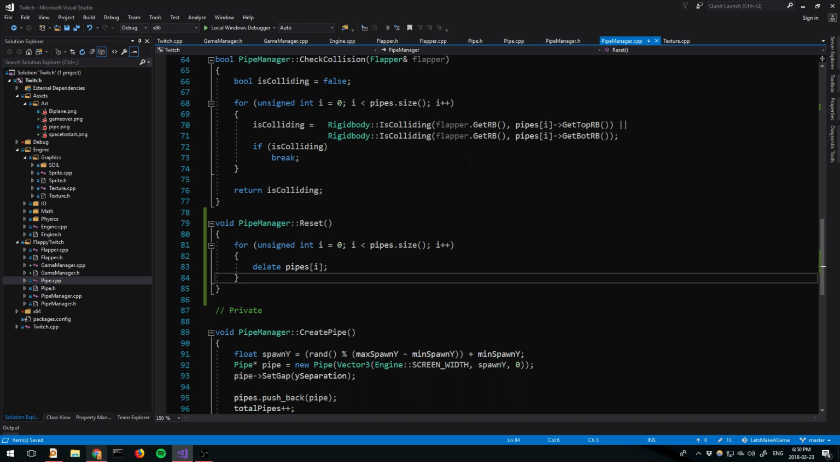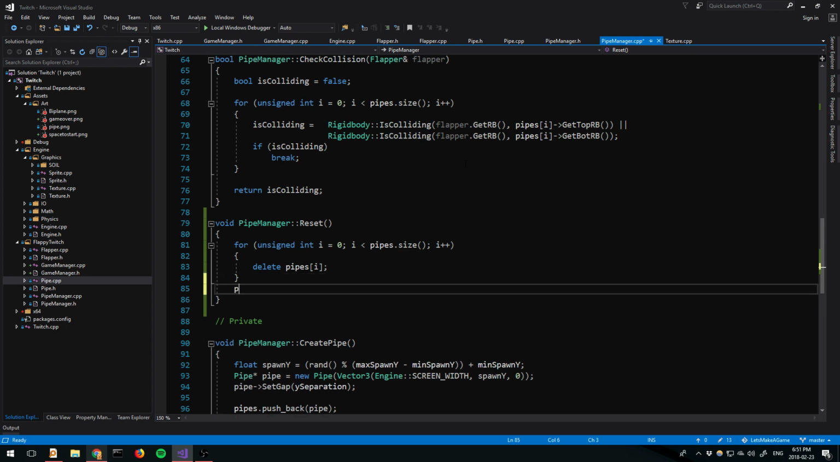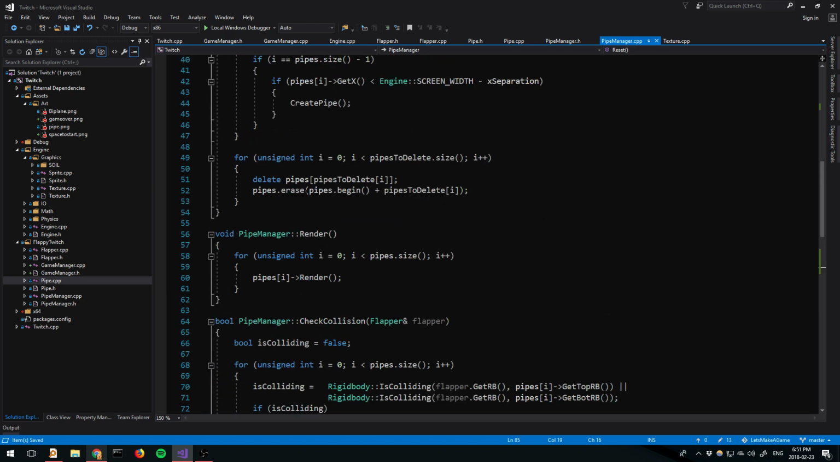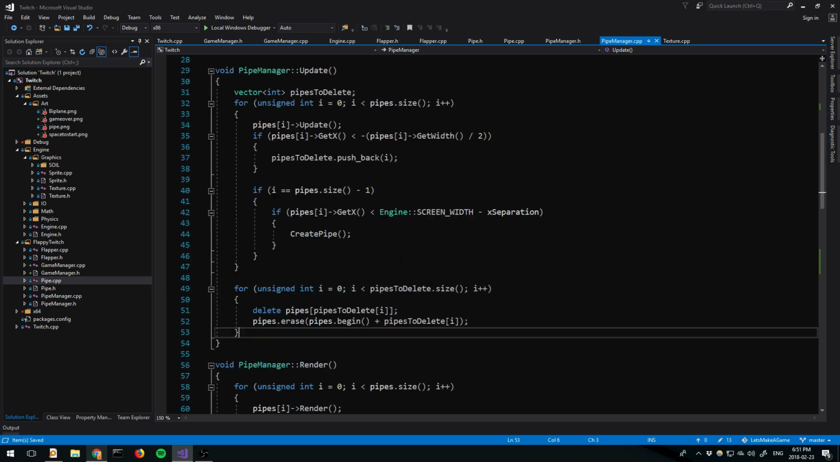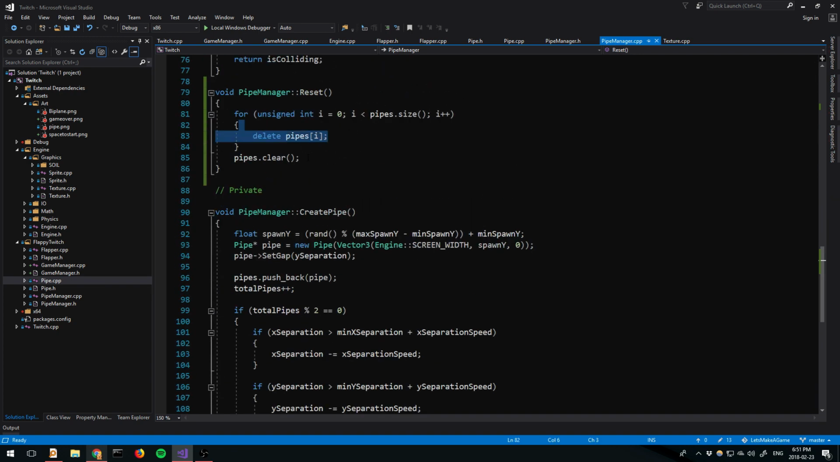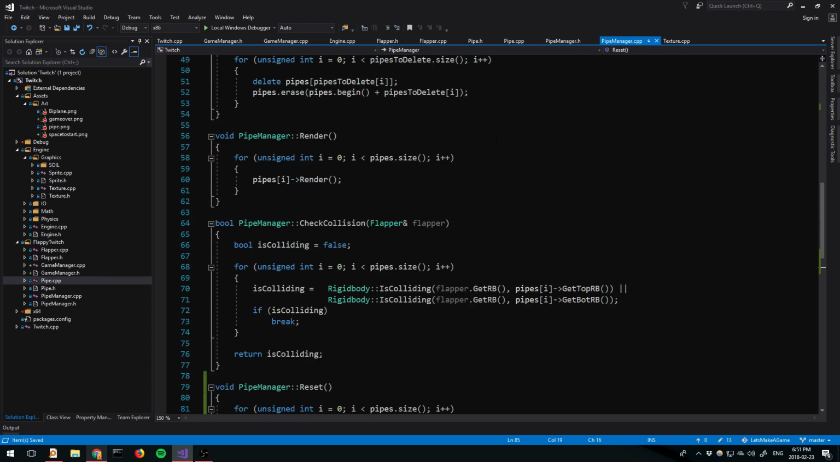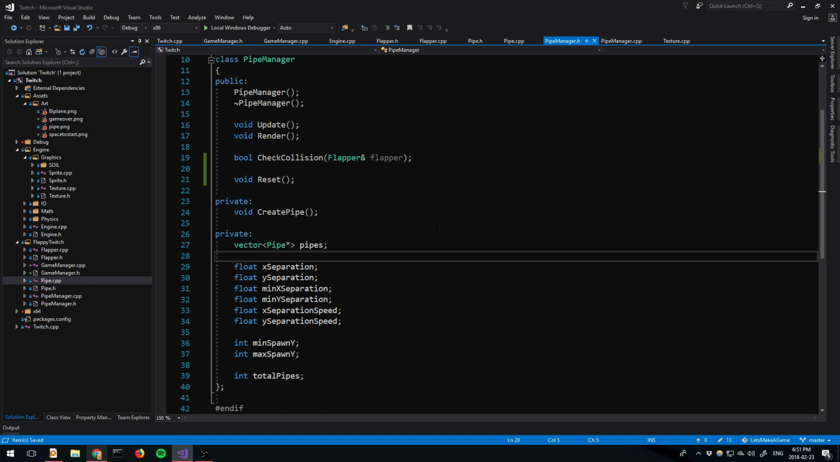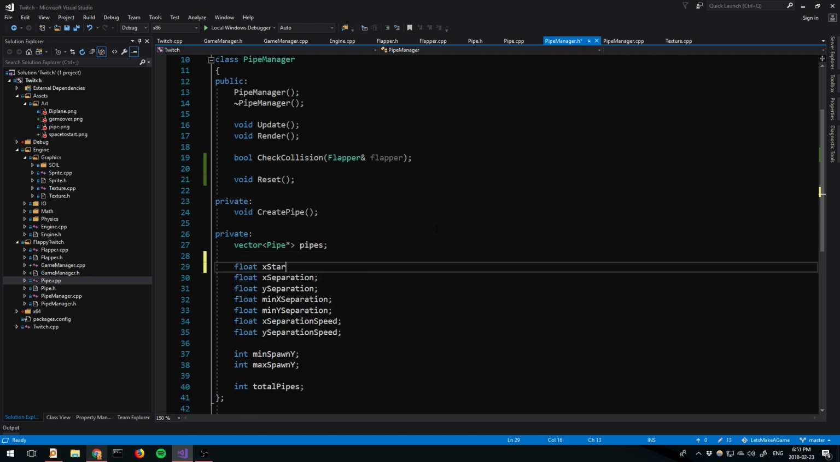delete the pipes themselves, like the pointers, and then we can say pipes.clear. The reason we don't have to do this pipes to delete stuff anymore is because here we want to delete a single pipe that is in the middle of a vector. So we can't do it when we're iterating in here, but because we know we want to get rid of everything, all we have to do is delete the pointers and then clear the entire array. So that's pretty good. And then yeah, we'll need to keep track of X start separation